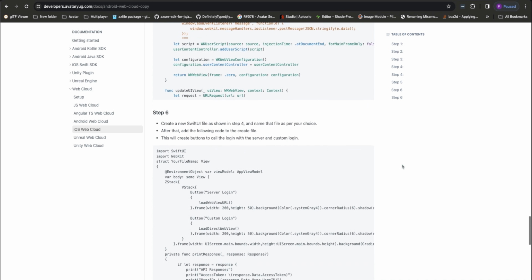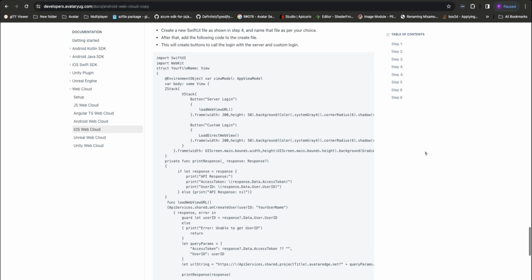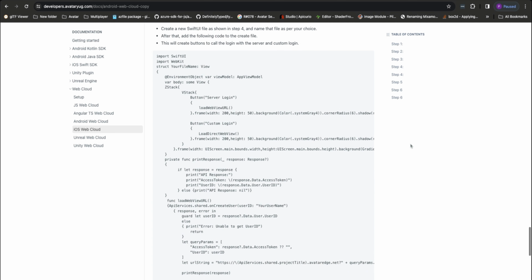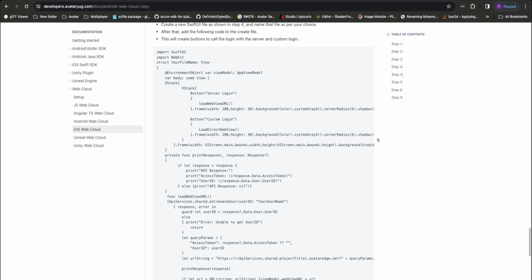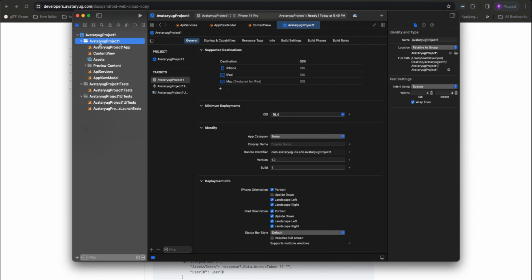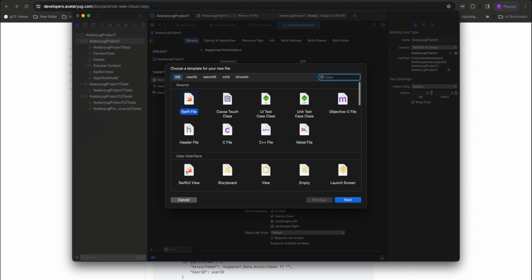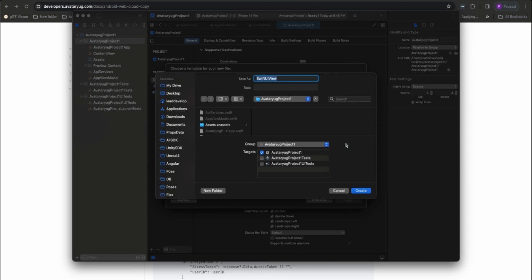Now the next step is we have to create a new SwiftUI file. So let's copy this code first and right click on Avtaryug project 1, new file, and select SwiftUI view. Next, and I will name it AY SwiftUI view.